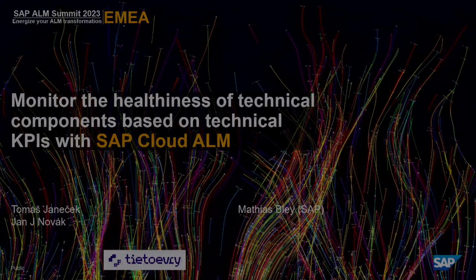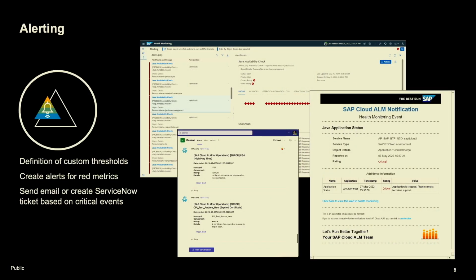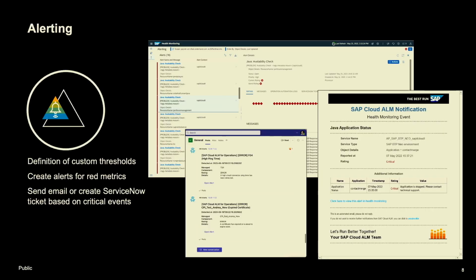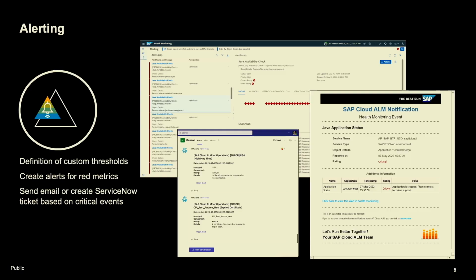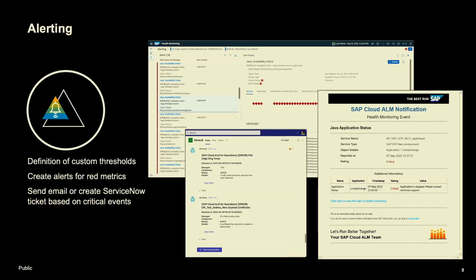When an issue is detected, we want to send an email, who should be the recipients. We can trigger, as we can now see it here in Teams, for example, a chat message to notify somebody. You have the possibility to attach a ticketing system, like for example, ServiceNow, where you can say, yes, I don't